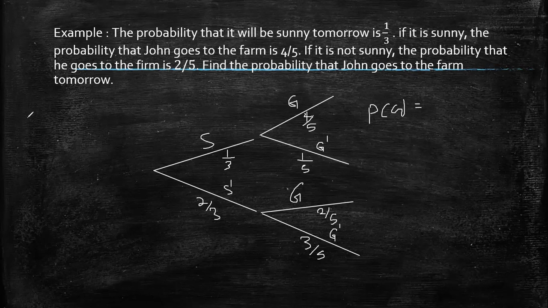It is sunny, and John goes to the farm. It is not sunny, but then still John goes to the farm. Those are the two situations that we have. So this is going to give us,